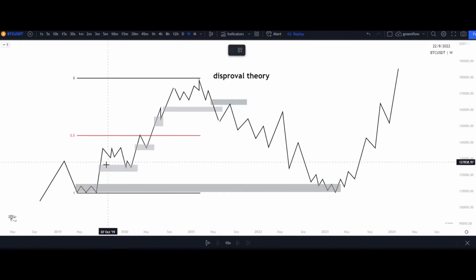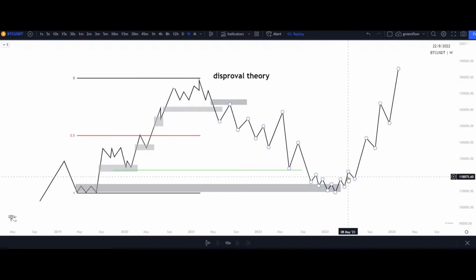From all this long liquidity that is being created from this move to the downside right here, they caught it on this trade. They're trying to take it to the upside, and then they're stopped out at break even. So they try to short it once price comes into these areas because they believe they have been disproved. So understanding why the disproval works and how we can use the disproval is going to be